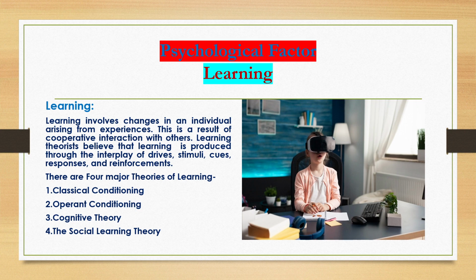Number one is theory of classical conditioning. Second one is operant conditioning. Third one is cognitive theory of learning. And the fourth one is social learning theories. So here I want to say that learning is the gradual development of perception, motivation, attitude, beliefs, value system a person has or develops in their mind.